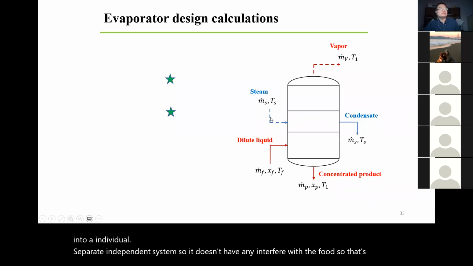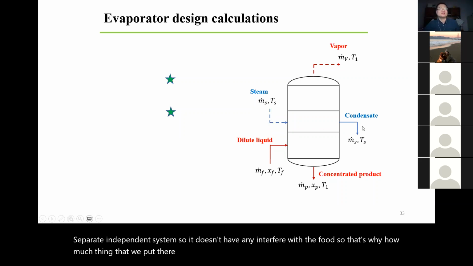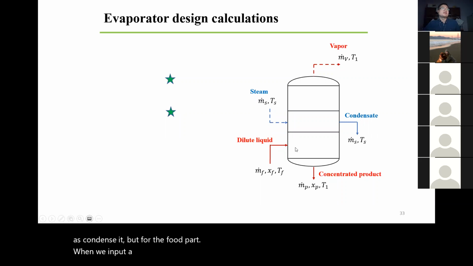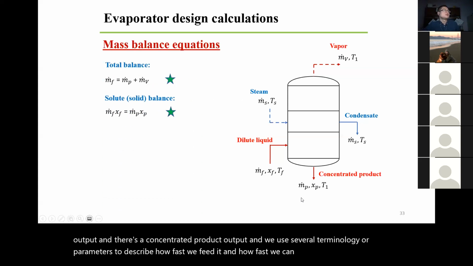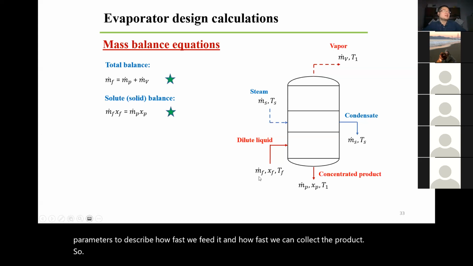That's why however much steam we put in, we will always have the same amount of steam come out as condensate. But for the food part, when we input a dilute liquid, there are always two outputs, right? There is a vapor output, and there's a concentrated product output. And we use several terminologies or parameters to describe how fast we feed it and how fast we can collect the product. So here, if you see any letter with a dot on top,